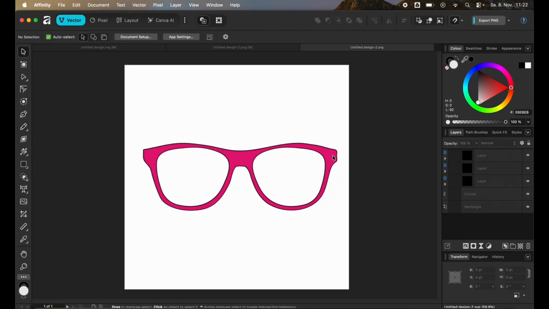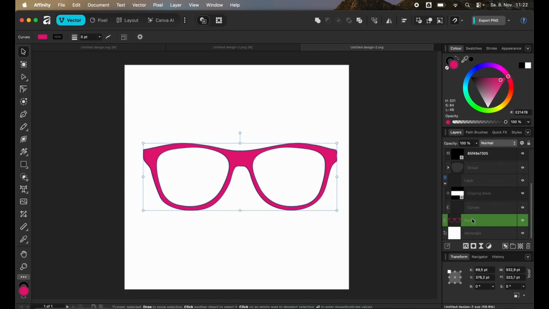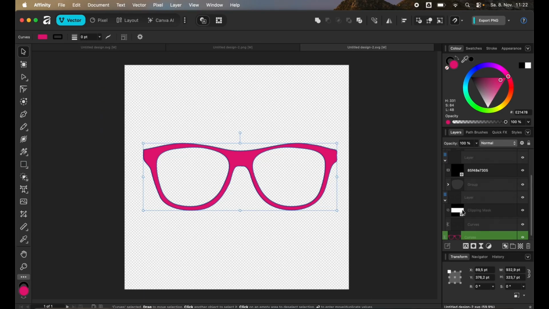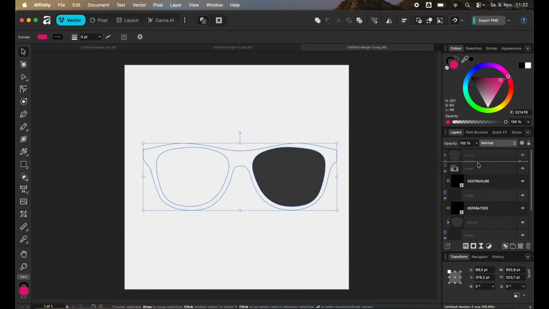Open that with Affinity again. And here you can see that you have a bunch of layers, and you want to find the layers that we need. We need basically this curve here. That is the glasses frame. The rectangle we don't need. And we need this group. However, we also want to